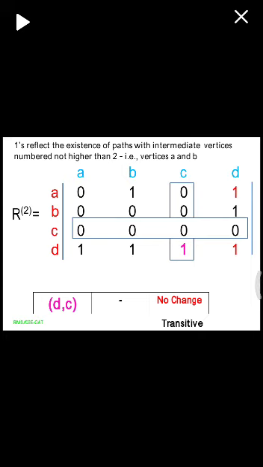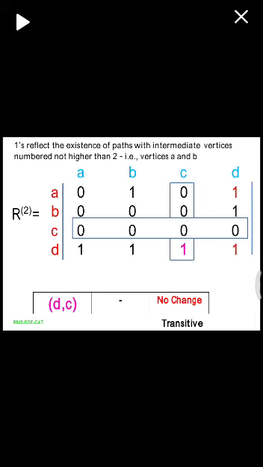Now from R power 2 we should find R power 3. Again here 3 indicates 3 intermediate vertices A, B and C. Again to find R power 3, we need to select third column and third row from R power 2. First in pink color we need to indicate position of 1 in the column.